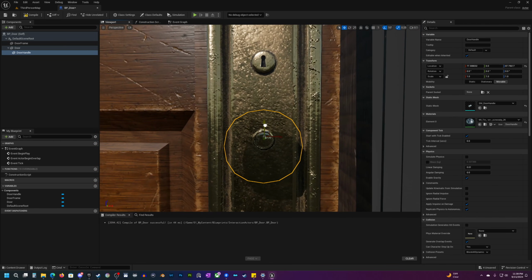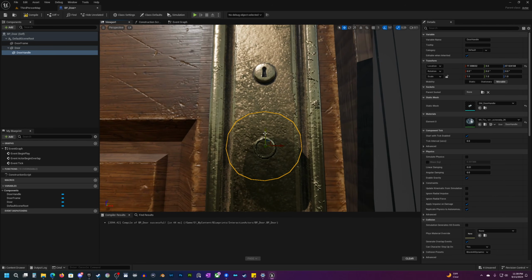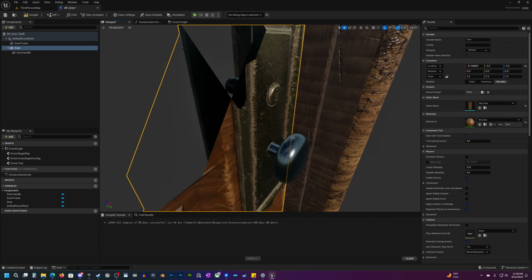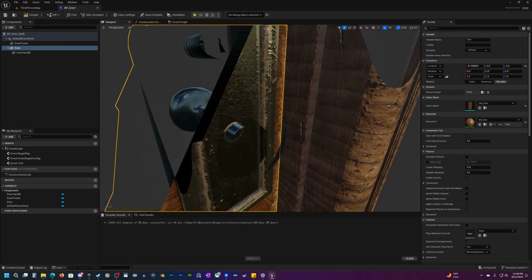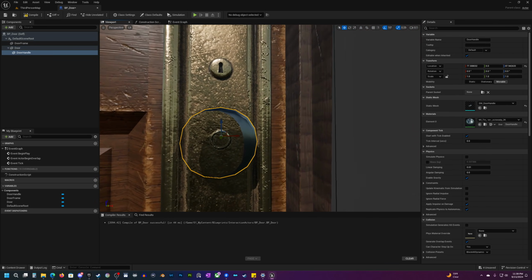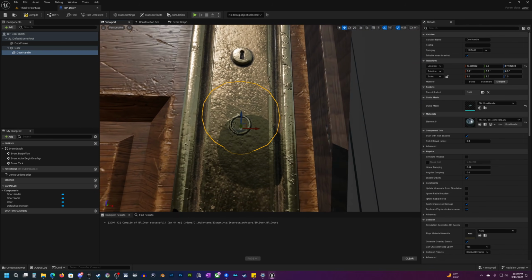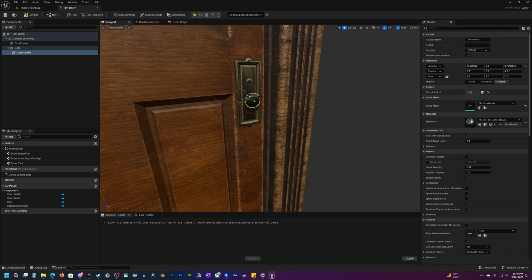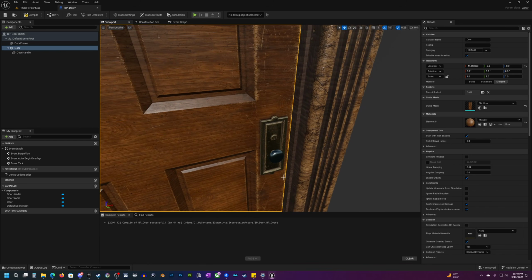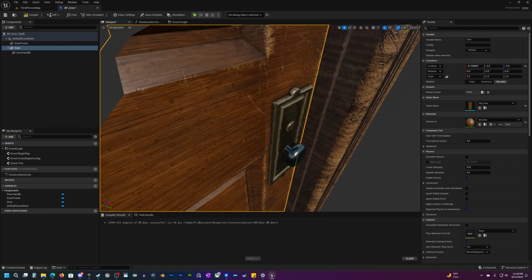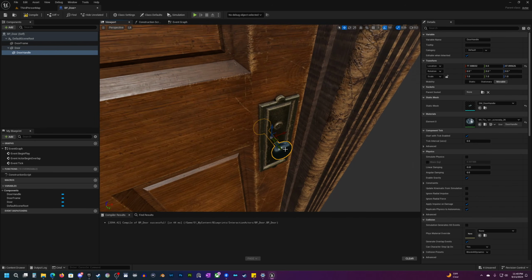So I am just manually placing this wherever I want it, which for this is going to be in here. And I think it needs to go, it's kind of hard to see here. Maybe down just a little bit. Now this is not super important for this type of handle. I probably should have made a different handle to show you guys. But if you have a handle that comes out like this,